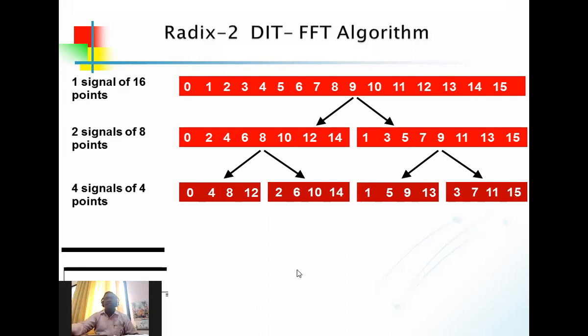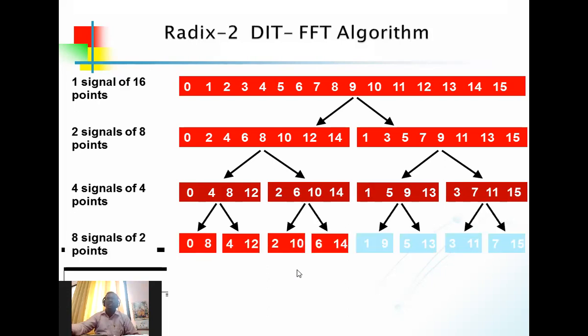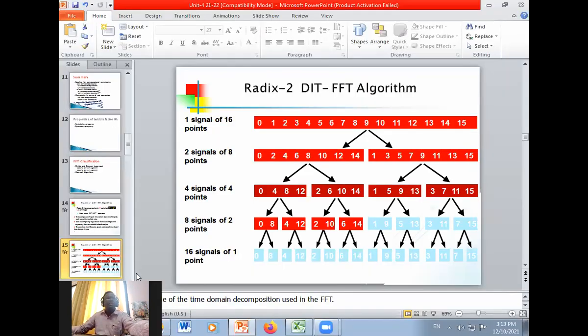Okay, and finally we are making groups of 4 points. Then we are converting that into 2 points again. Likewise, we are converting this into 2 points. And finally, we are calculating the values of DFT. The output which we are getting is in bit reversal order. Okay, so that is 0, 8, 4, 12, 2. Let me make you understand first what bit reversal order is, and then we will proceed further.